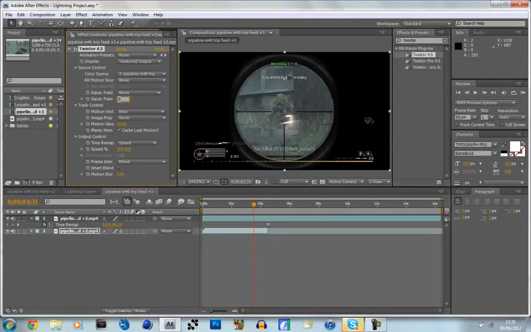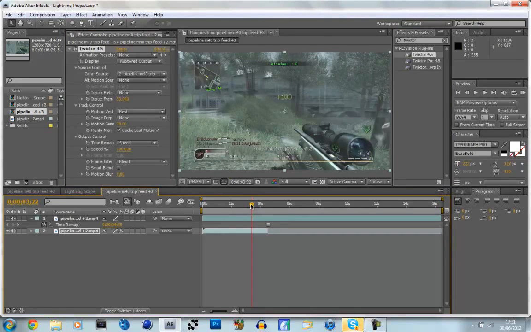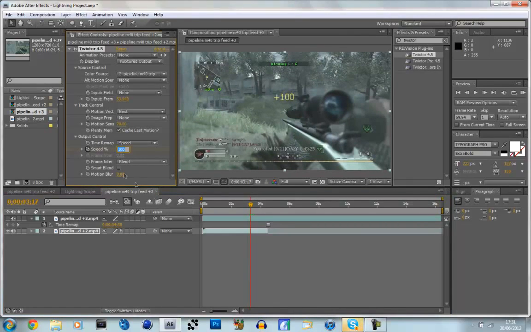we'll fix the frame rate to 59.94, and if we hide our top layer, we'll find a good point to Twixtor from the last shot, and that looks good. We'll go forward one frame, hit the stopwatch, go forward one frame, and we'll make it about 2. So now we have this Twixtor, and then